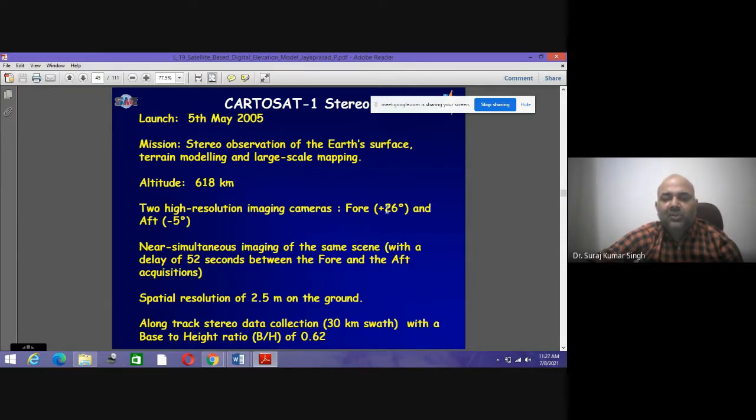Fore is at plus 20 degree and aft is minus 5 degree. Near simultaneous imaging of the same scene with a delay of 52 seconds between the fore and the aft acquisition. The spatial resolution is 2.5 meters on the ground. Along track stereo data collection with 30 kilometer swath with a base to height ratio of